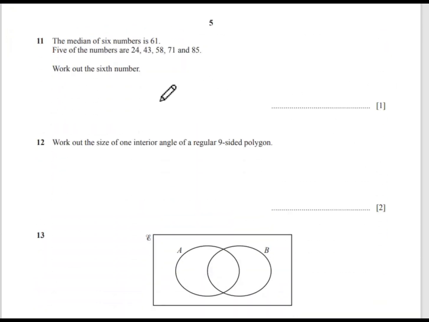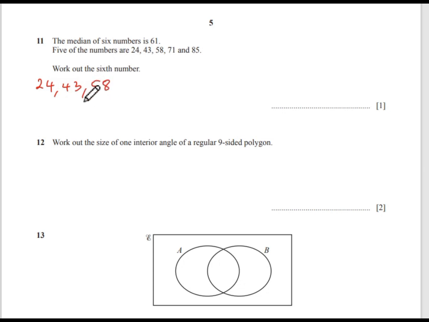The median of 6 numbers is 61. 5 of the numbers are 24, 43, 58, 71, and 85. Work out the 6th number. So if you have 24, 43, 58,